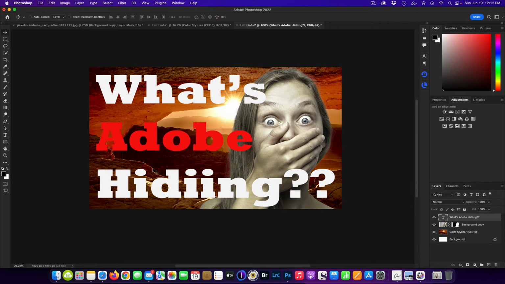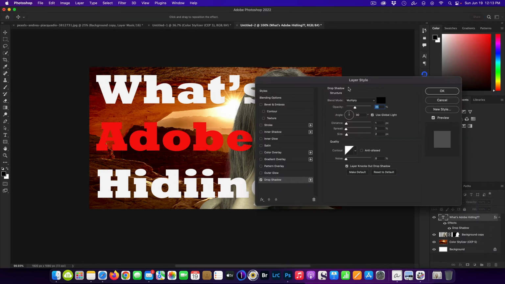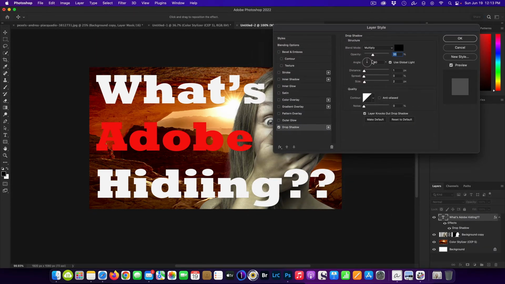Now, there's one thing wrong, okay? It's very flat, and it's not working together well. So I think this needs a drop shadow, okay? So on the text layer, I'm just going to come down to the FX panel, and then I'm going to choose drop shadow. Okay, select that,